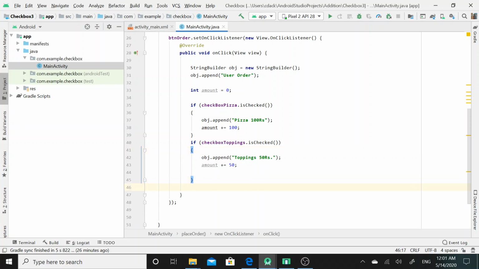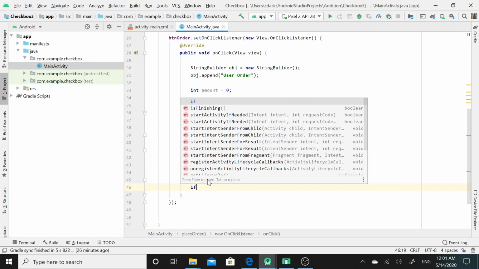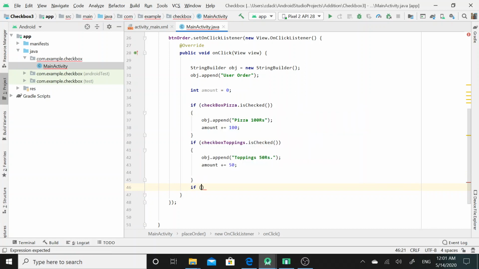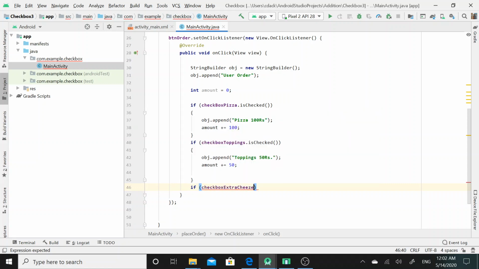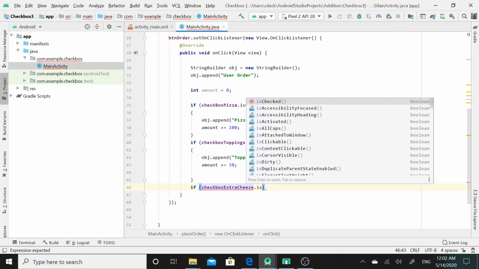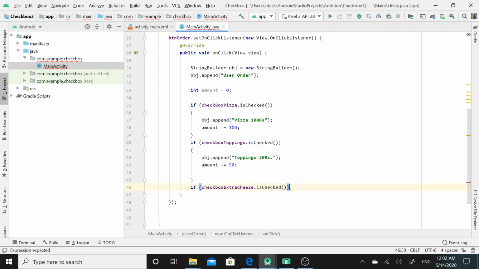Then to determine whether the user has selected the third checkbox or not, again I will call an if structure, then call the third reference checkbox, extra cheese, and invoke the isChecked method.